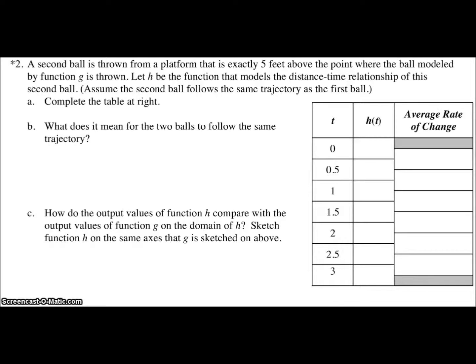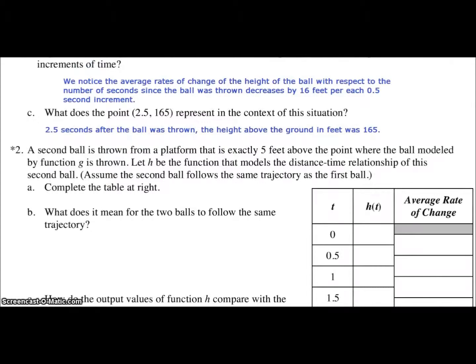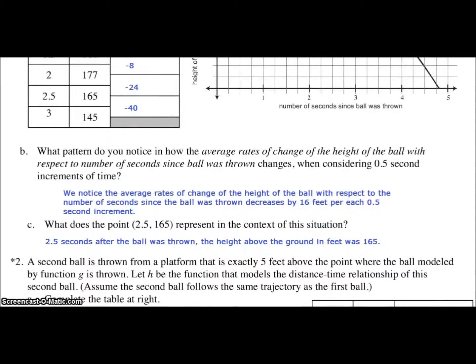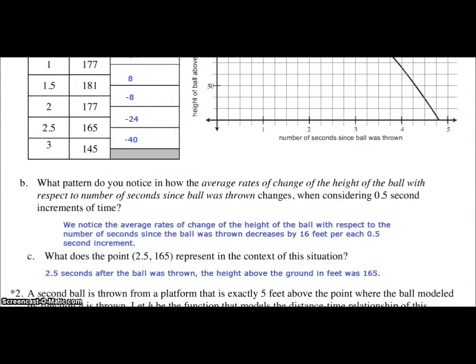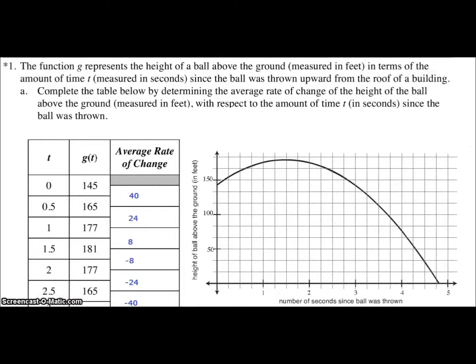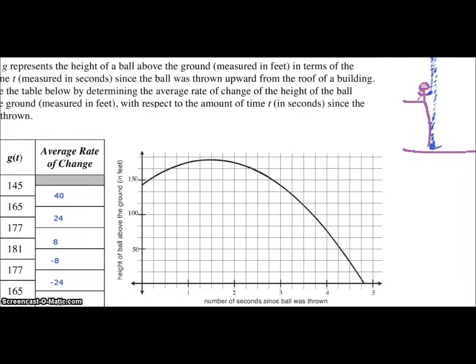Okay, let h be the function that models the distance-time relationship of this second ball. Assume the second ball follows the same trajectory as the first ball. Let's see. So a second ball is thrown from a platform 5 feet above where the first one was thrown. So if I go back to this picture here,